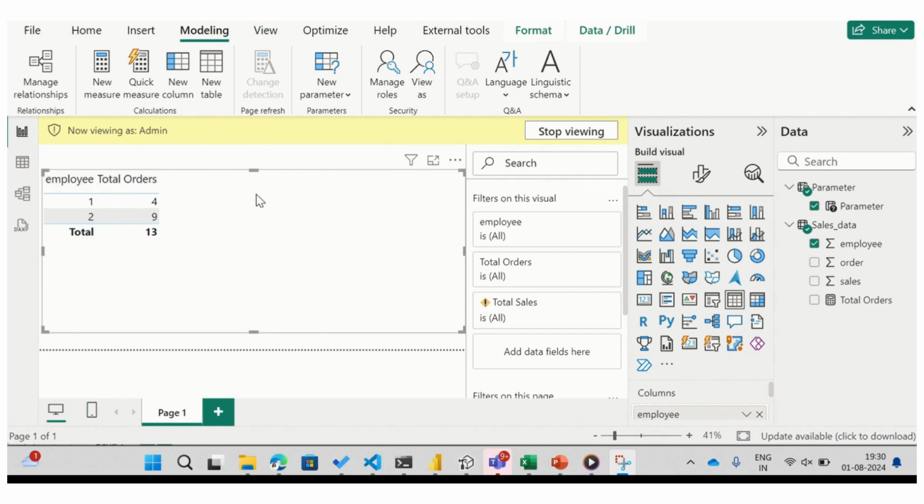So when you create same thing for manager level, you can restrict the view of this as well. You can see that total sales is not present over here. You cannot navigate total sale in the data set as well. So this is it for today's video, and with the help of this you can create object level security